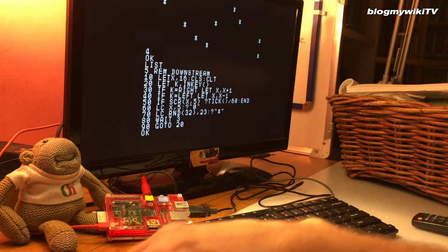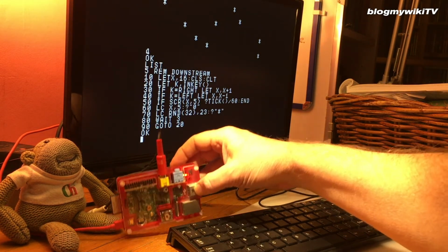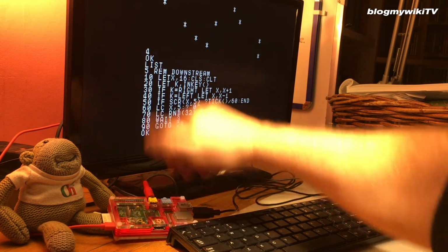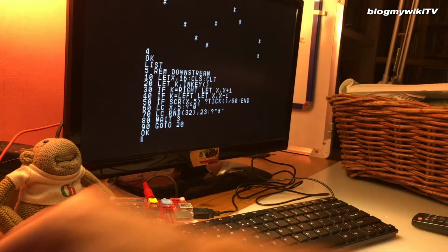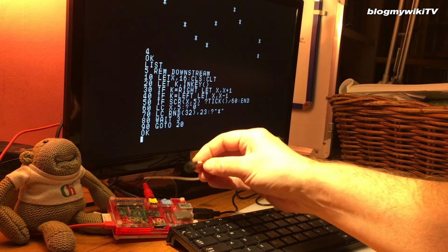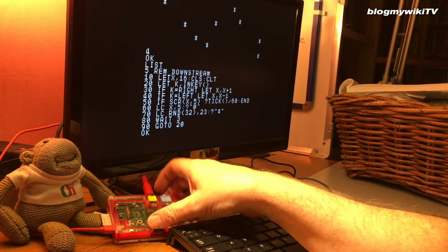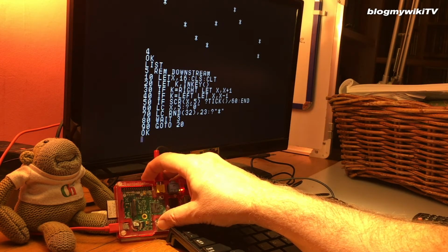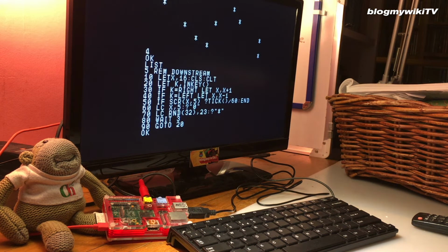One problem I've got though, the sound does not come out of the sound jack on the Raspberry Pi. This is a really old original Raspberry Pi I've got here, with analog video output straight into the AV input on the TV. In order to get sound out of it, you have to connect a piezo buzzer, but you've got to connect it to GPIO pin 5. Now, GPIO 5 is not broken out on the early Raspberry Pis. It's only available on the later ones, which seems like a real shame, because this operating system, this IchigoJam OS